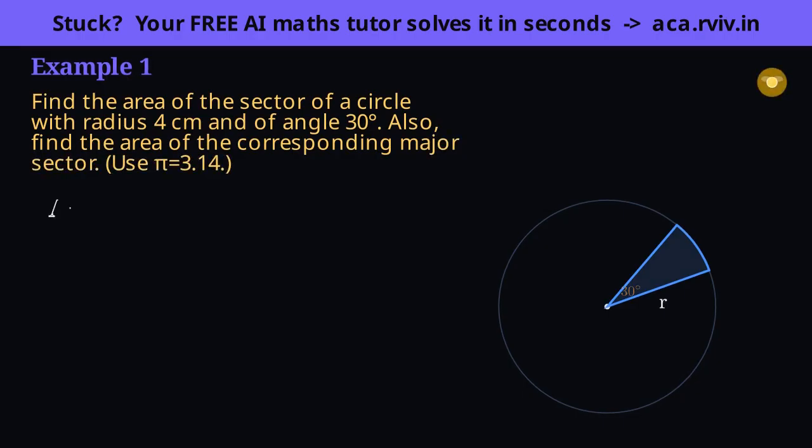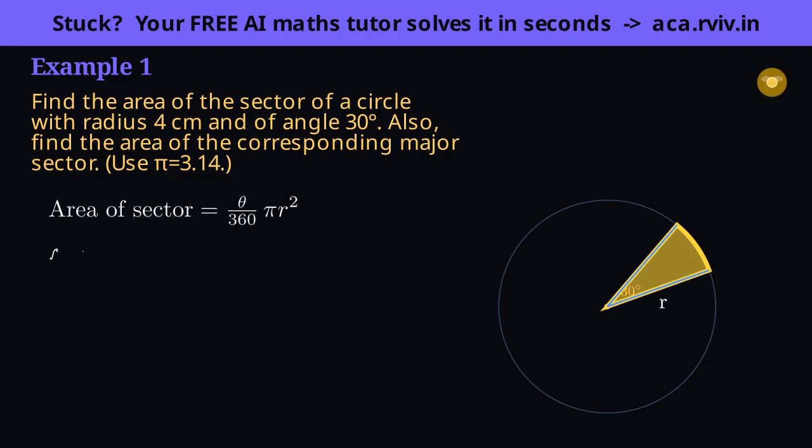Let's decide our approach before touching numbers. The shaded slice on screen is a sector, and remember what a sector is, a fraction of the whole circle. Its fraction is its angle over the full turn, theta over 360, so its area is that fraction of the circle's area pi r squared. That's why the formula reads theta over 360 times pi r squared. It isn't handed down, it's just the slice's share of the whole.